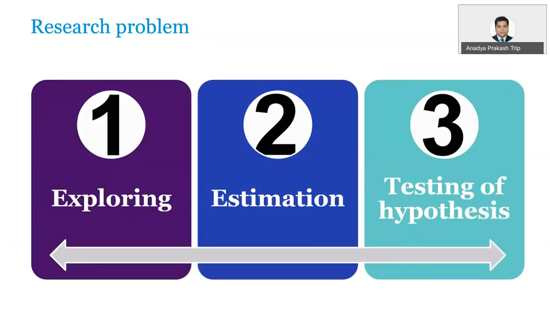Now once we have framed the objective, our research may go further with three verticals. There are many other ways, but I would like to classify it in three different ways of doing this. Once we don't know anything, we want to explore. Let's go through the process and try to find out what knowledge we gain through the moving process. So we want to explore many of the things of that setup in my research. And this is the one aspect